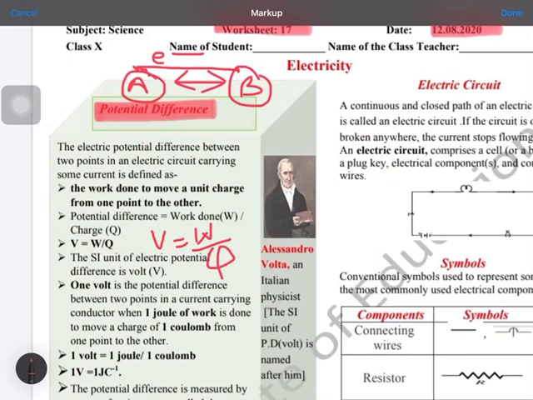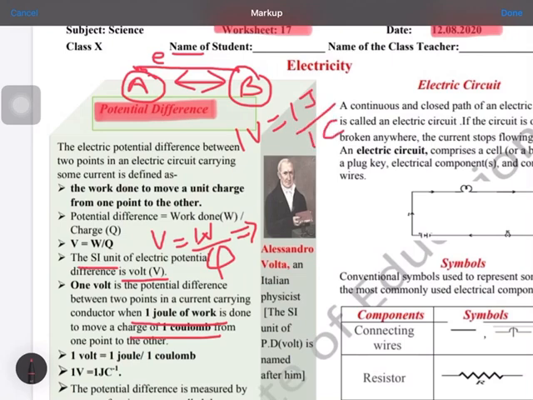As I told you, the SI unit for the potential difference is volt, V, and 1 volt is the potential difference between 2 points in a current carrying conductor when 1 joule of work is done in moving 1 coulomb of charge. So if we write it on the basis of units, 1 volt equals 1 joule